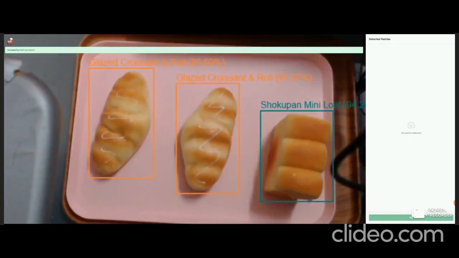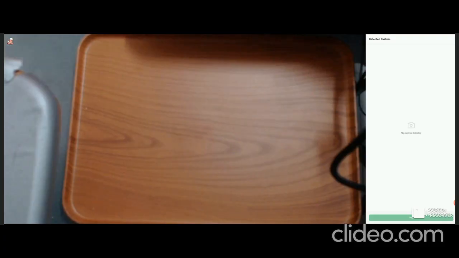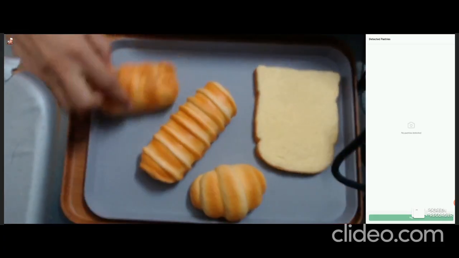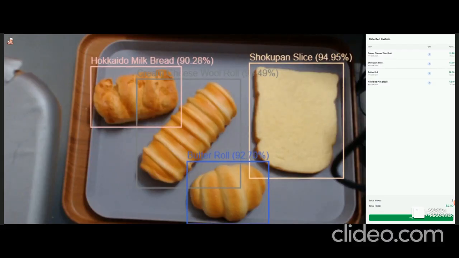As soon as pastries are placed on the tray, our trained deep learning model processes the frames instantly. The system seamlessly detects and draws precise bounding boxes around multiple overlapping objects in real time. On the right, the billing engine automatically translates these visual detections into an itemized receipt, calculating totals instantaneously without human